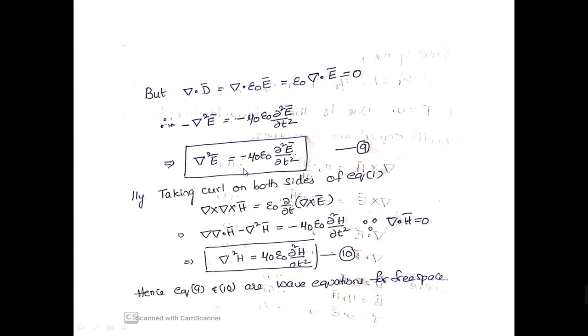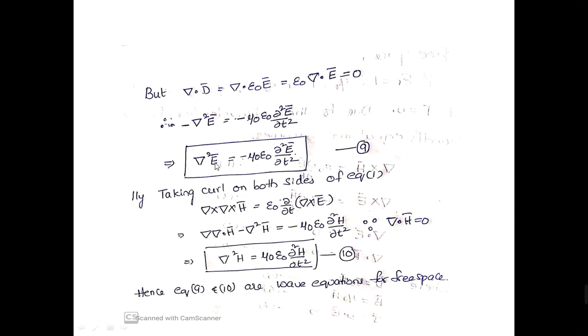And similarly, we can obtain a wave equation in terms of magnetic field by taking curl on both sides of equation 1, that is del cross H is equal to epsilon into dou E by dou T. On simplification, applying the vector identity where del dot H is equal to 0, you get del square H is equal to mu naught epsilon naught dou square H by dou T square. So these are equations 9 and 10, both are the wave equations for free space,